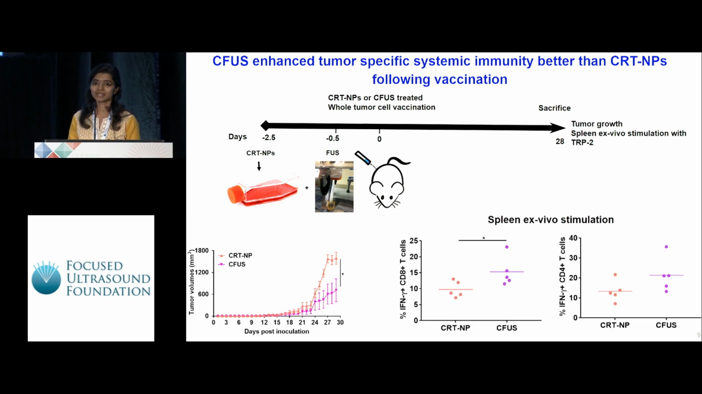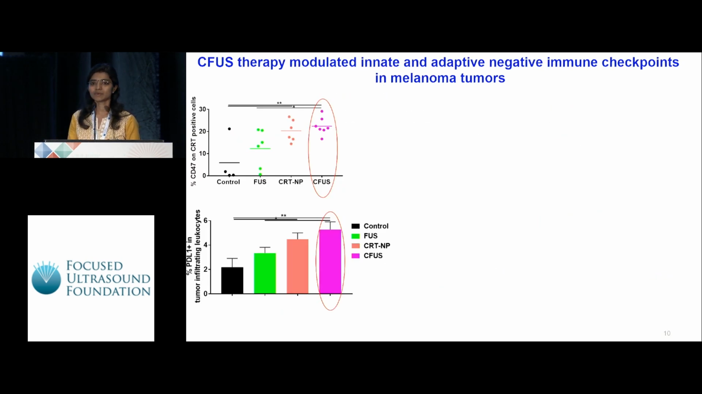This data also correlated with the data from ex vivo stimulation of spleen with TRP2 melanoma-specific antigen, which suggested a higher fraction of interferon gamma positive, CD4 and CD8 positive T cells in CFUS cohorts compared to the CRTNP cohorts. This data suggested that there was a superior melanoma-specific systemic immunity that got developed in CFUS mice than compared to the CRTNP mice. We also evaluated the levels of immune checkpoints in the treated tumors, as these proteins determine the